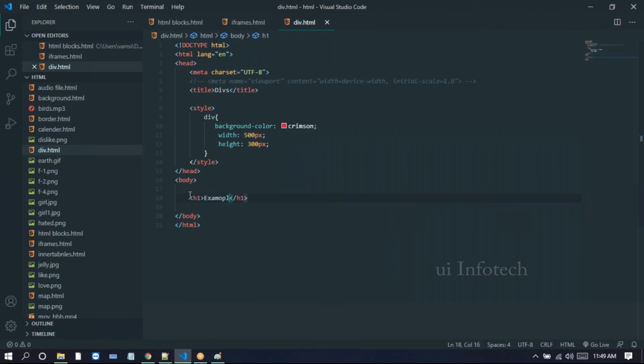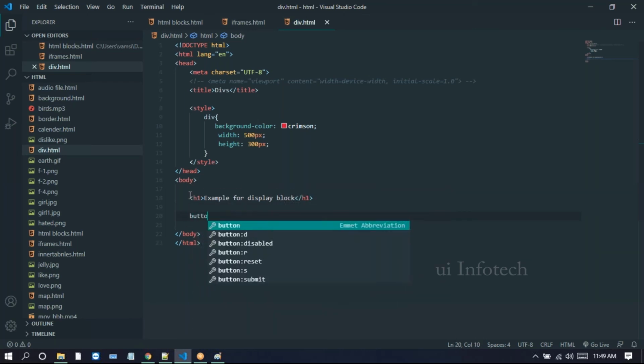I will show an example for display block. So here we take an H1.